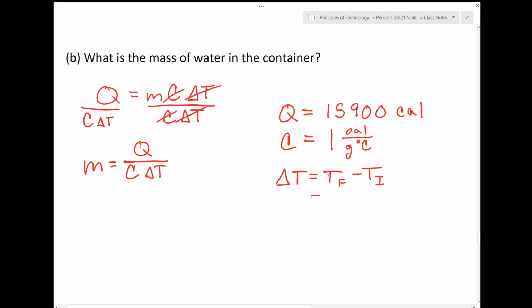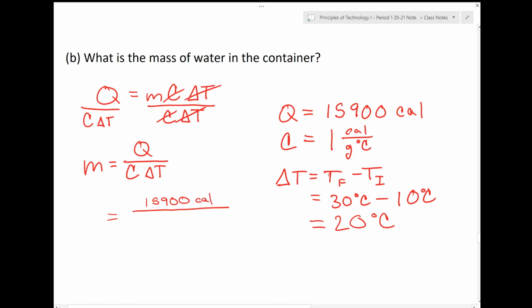So the final temperature is 30 degrees Celsius minus the initial temperature of 10 degrees Celsius, meaning that the water gained 20 degrees Celsius. Substituting these values in, 15,900 calories divided by the specific heat of 1 calorie per gram degrees Celsius